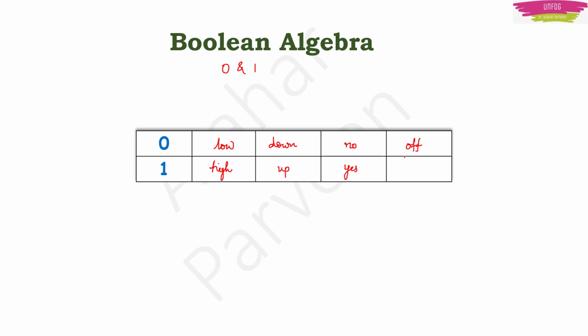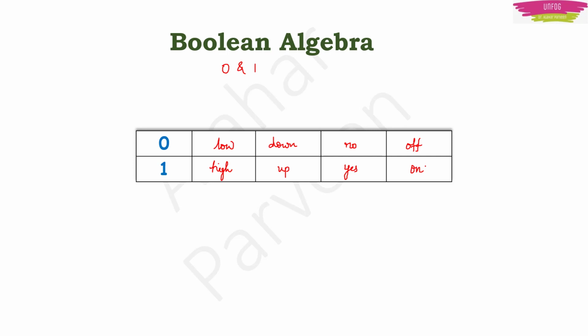Or if you talk of a circuit, 0 is if the switch is off and 1 is if the switch is on. So all these resemble 0 and 1 in a machine. So this is the language of a machine. We are talking about Boolean algebra, isn't it? Now algebra means it should have variables, right? So let us take those variables as A and B. For that matter, you can take X and Y also, but we take A and B.